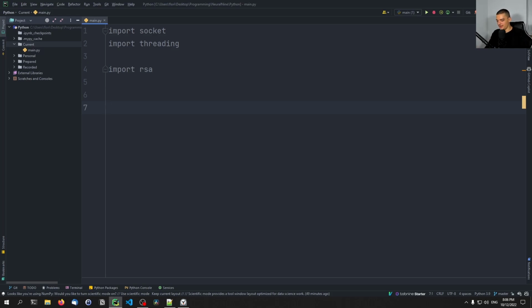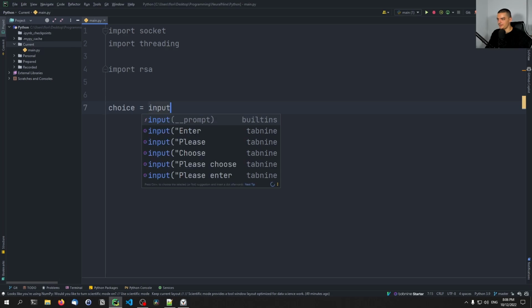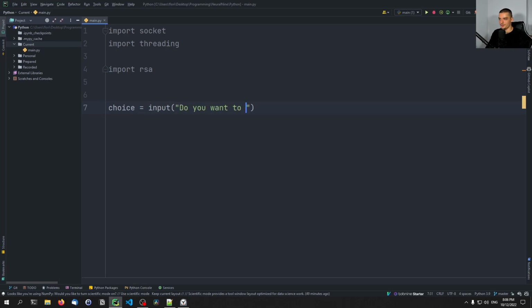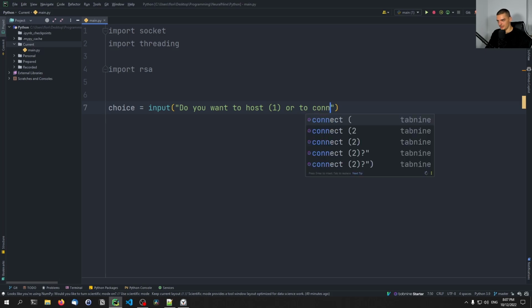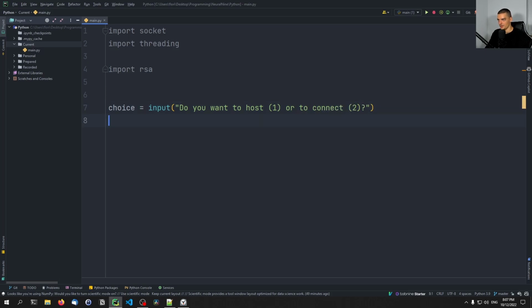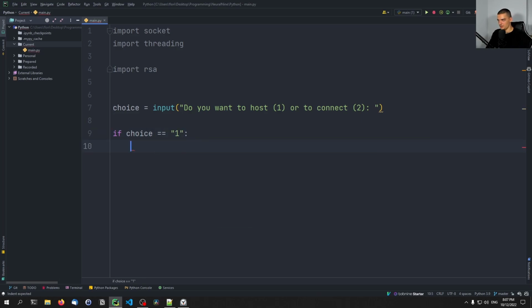So for that reason, we're going to say choice equals input. Do you want to host? This is option 1. Or, let's say, to connect, option 2. And then we say if, maybe not a question mark, maybe colon, if the choice is equal to 1, then we're going to host the connection. So we're going to say server equals